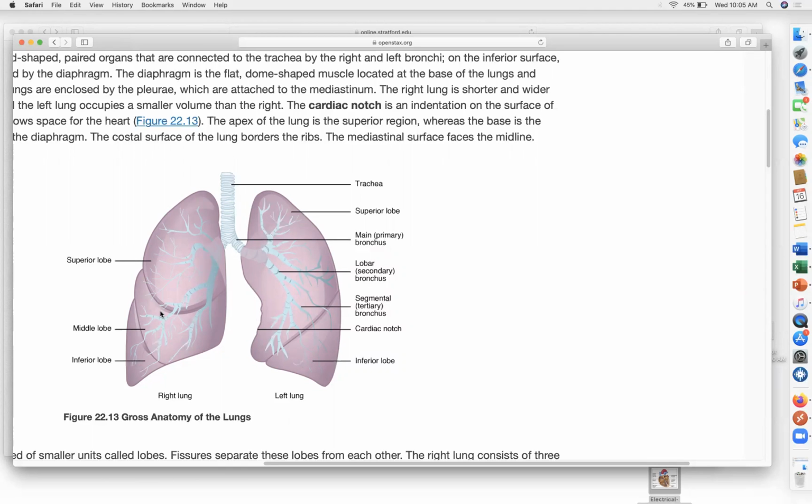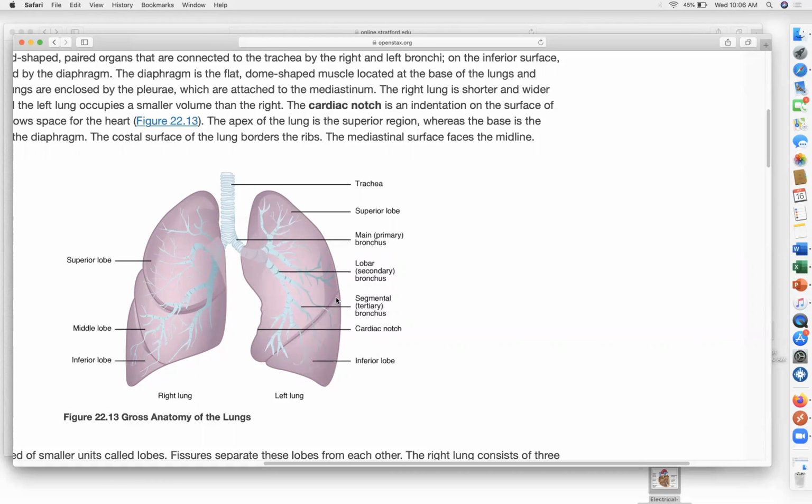Okay. Now, the reason why our lungs have lobes is so it can sequester damage and or cancer. So if I get cancer in one lobe, it'll be a little bit harder for the cancer to spread to the other lobe. So it'll use that as a little bit more of a protection. And also if we have cancer in the inferior lobe in the left lung, we can do a lobectomy, remove that inferior lobe, get that cancer and damaged part out of there, and the patient still can breathe. So the left side has a superior lobe and an inferior lobe, which is